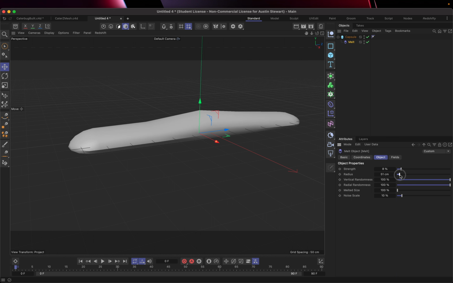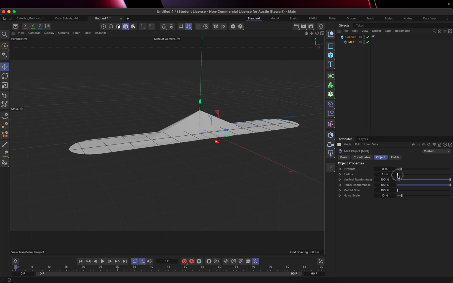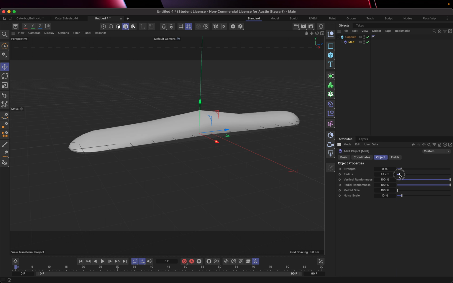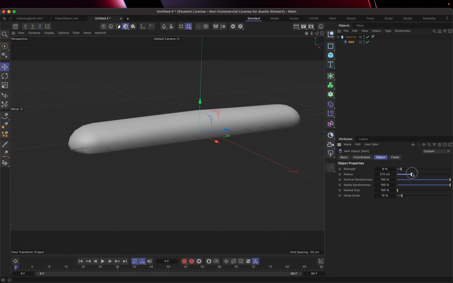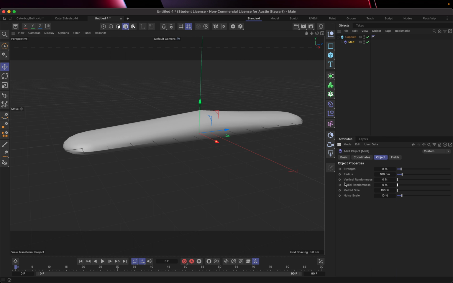So I'm going to go ahead and increase that radius of 100. You'll note if I dial this down, you can kind of see how that works. 100 is probably pretty good. If I go up too high, it's going to just disappear, but 100 was actually just about right. Now there is this vertical and radial randomness. We could pull those both down to 0, although the radial randomness seems to actually shrink it a little bit, which might be nice,